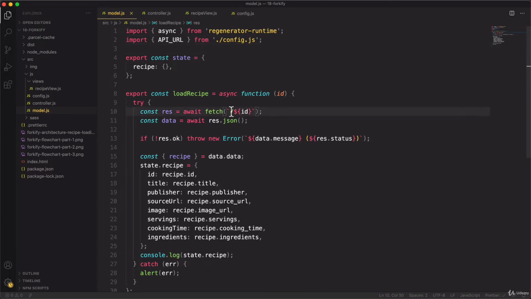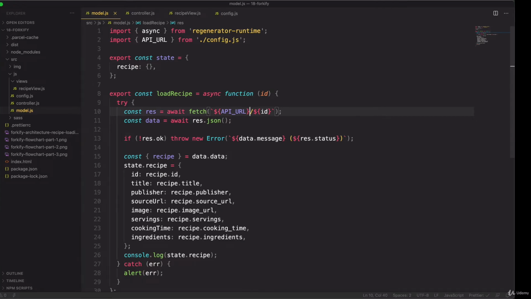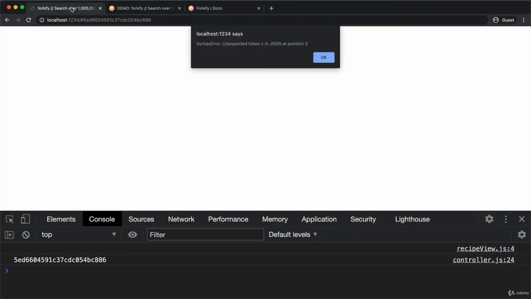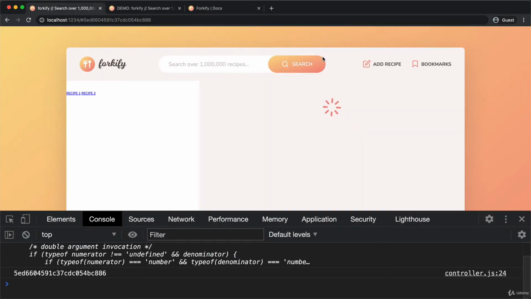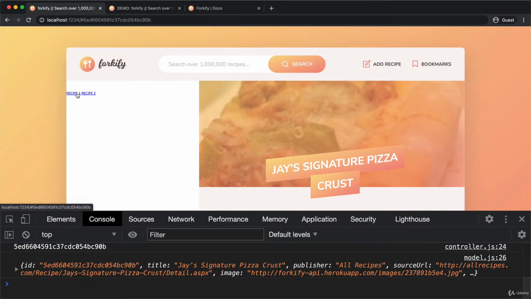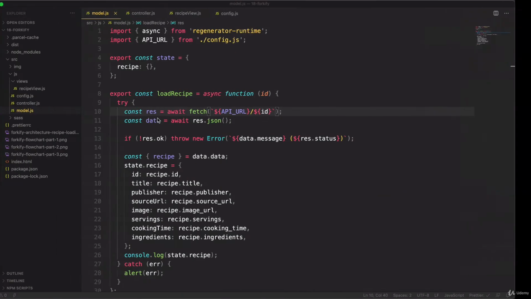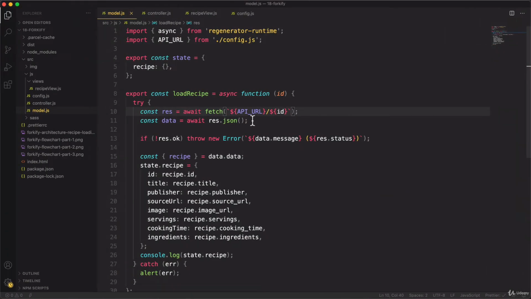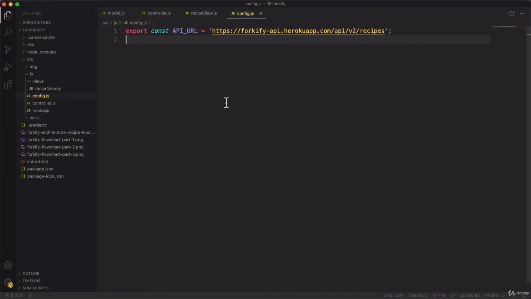And here, all we have to do now is to replace, or to actually put, that API URL right here. So if we save this now, then our application, well, let's see. And yeah, it is back to working, right? And so we successfully basically exported this configuration value that we had here into this config file. Okay, next up,